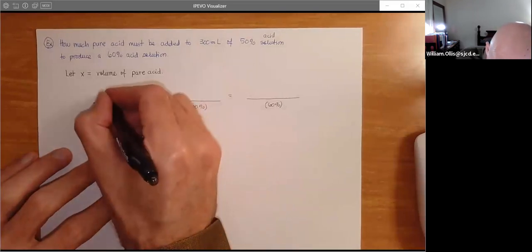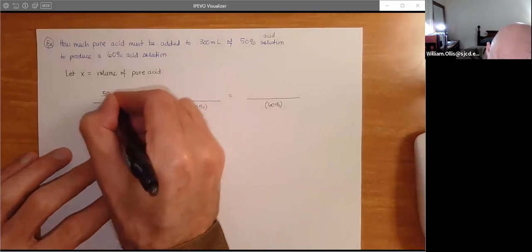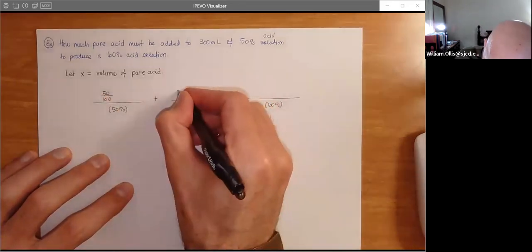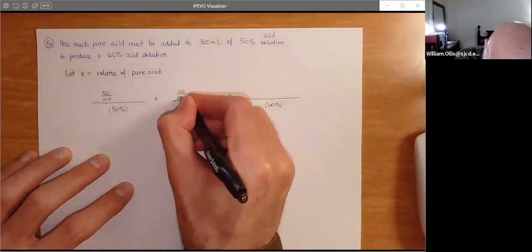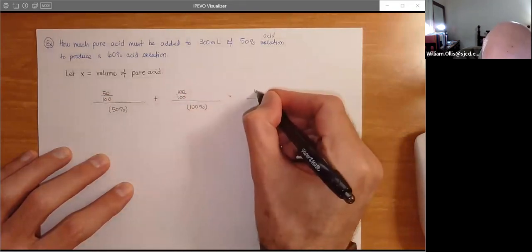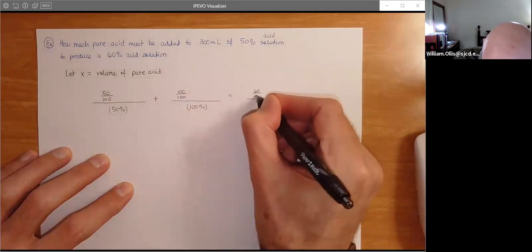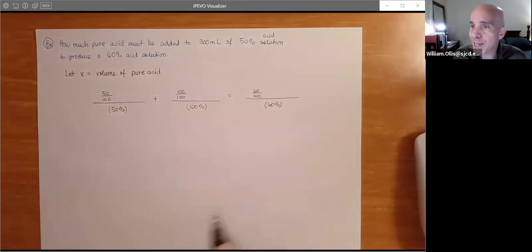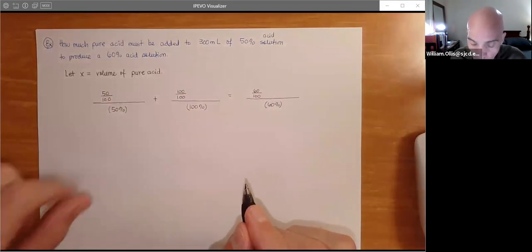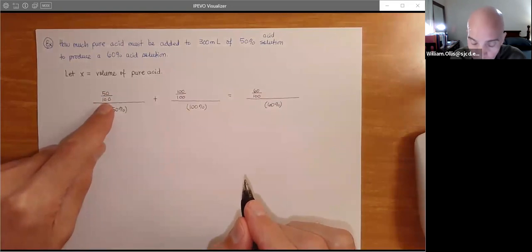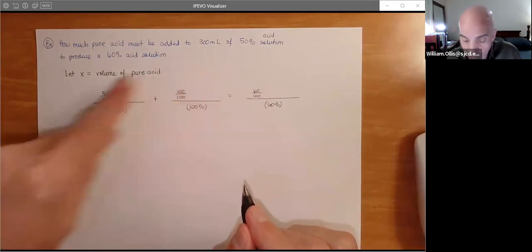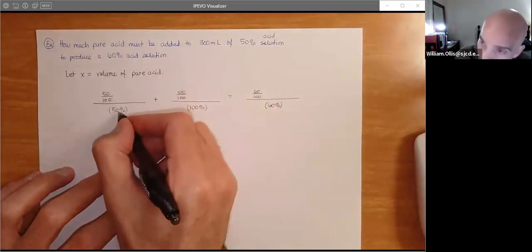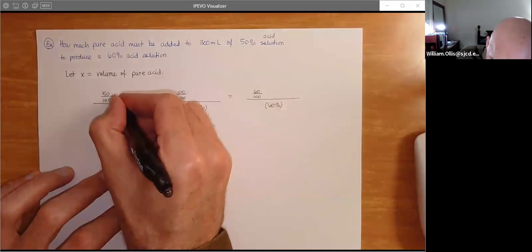So first, we just go ahead and draw the actual percentages. 50%, which is 50 over 100. 100% is just 100 over 100. And then, of course, 60% is 60 over 100. And so what we want to do is have a preservation of acid, so to speak. So when we look at the original problem here, we have a concentration times the volume. So how much acid do we have in the 50% solution? Well, this will just be times